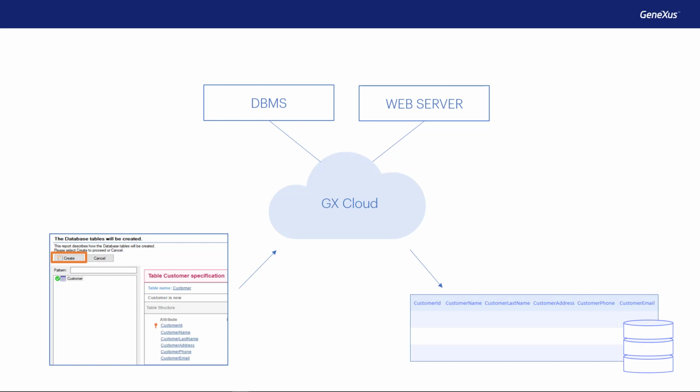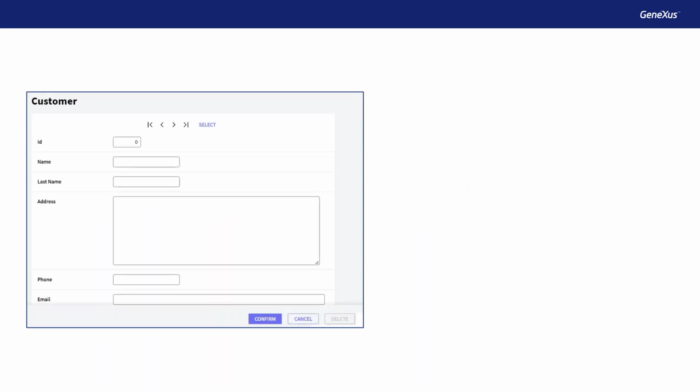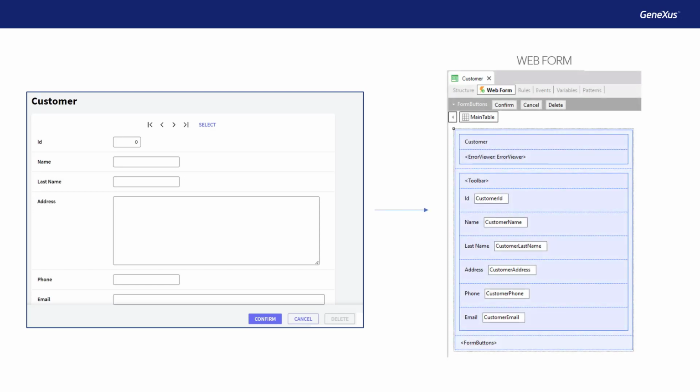In addition to that, Genexus has sent to the server the program it built on the chosen platform to run the transaction. When that program is run, part of it will be running on the server and the other part will be running on the browser. When we open the transaction, we see the user interface, which allows us to perform actions such as entering data from a new client. The interface we currently see running corresponds to this part of the Genexus transaction. We could customize this form, and we'll see it later.